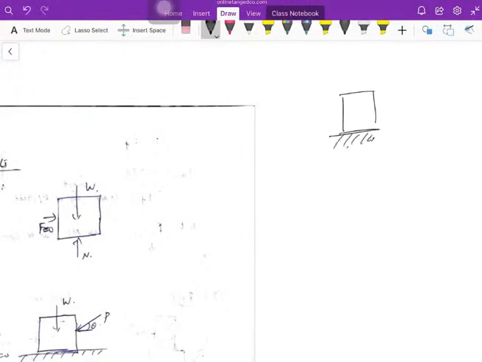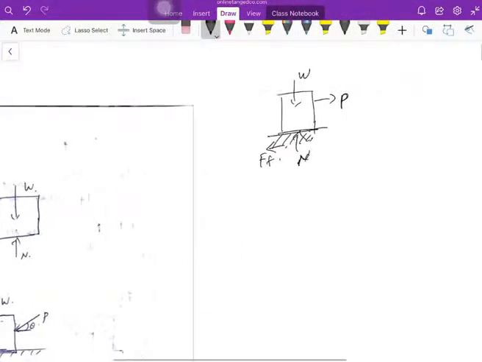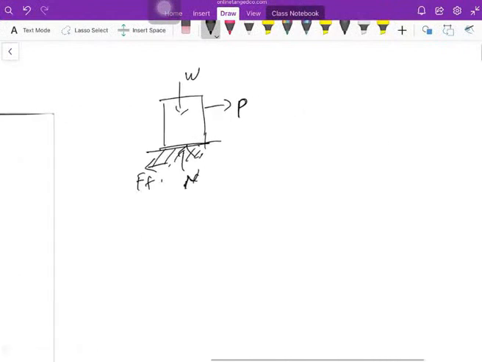If you draw the free body diagram of the block, for example, I'm pulling the block in this direction. Suppose I want to pull the block in this direction. The free body diagram of the block is nothing but this is my W and a normal force, and you will be having a frictional force as well. Let me draw the free body diagram of this block: W, then N, then P, and frictional force.